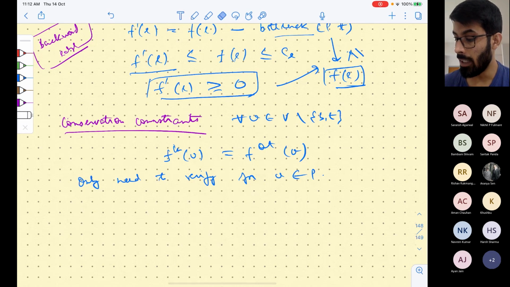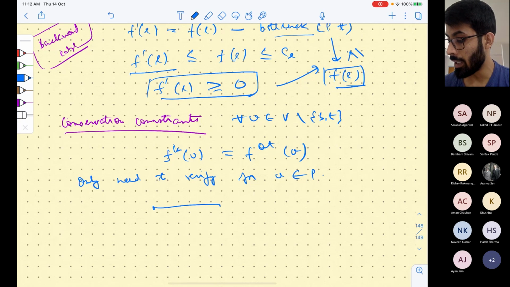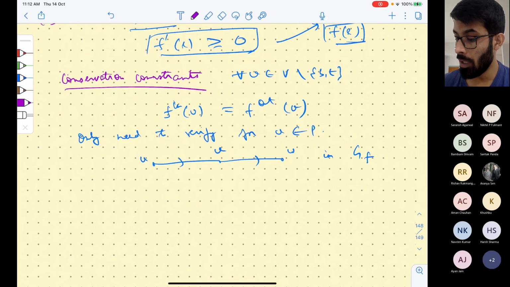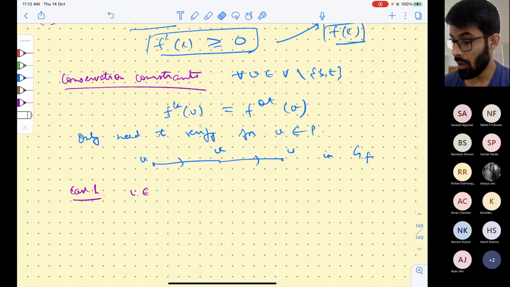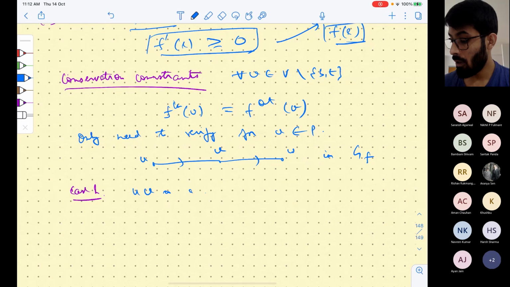So there will be 2 edges, right? So suppose the path looks like this in the residual graph. So suppose it is U, V, W in the residual graph GF, right? Now there will be 4 cases. Case 1, just like quickly, UV is a forward edge, and VW is also a forward edge,